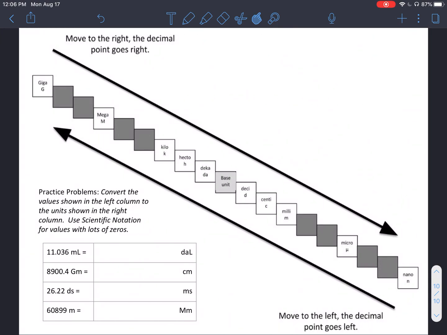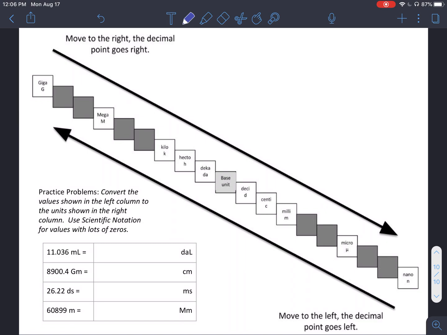All right, let's try out some practice. If you're feeling confident, go ahead and pause the video and try out these practice problems shown right here. I'm going to start going over the answers very shortly. Again, if you want to try these out on your own first, please pause the video now. Answers will start in 3, 2, 1. All right, so